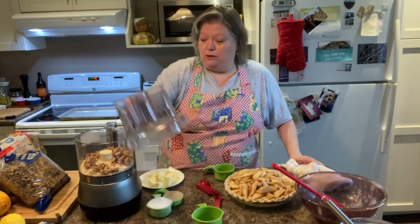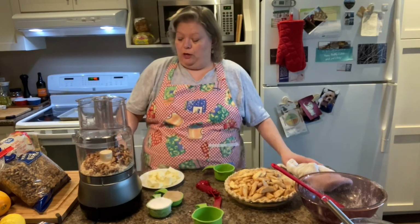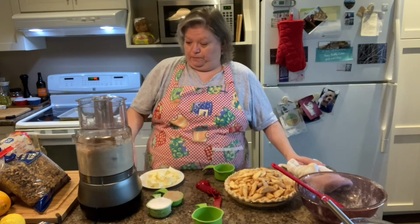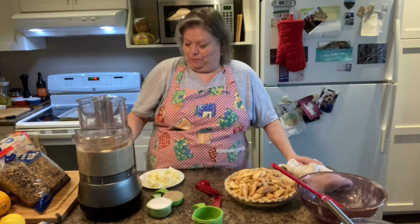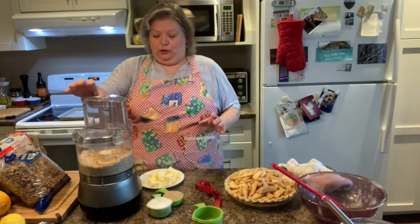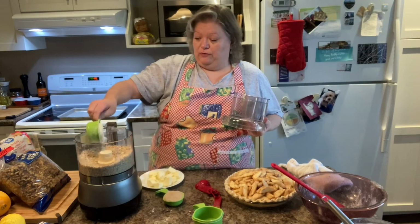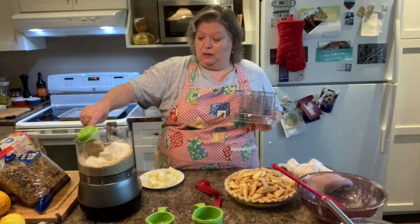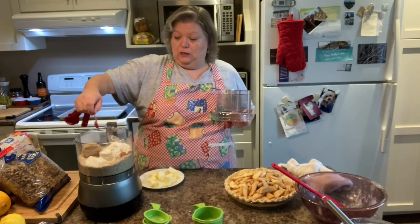So this is going to be a little loud, but we are going to process our quick cooking oats, 1 cup, and 3/4 of a cup of our walnuts until it's very, very fine. There we go. Now we're going to put in half a cup of just all-purpose flour, 1/4 cup of brown sugar, and half a teaspoon of cinnamon,